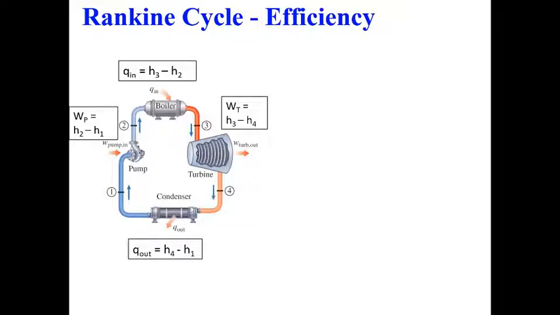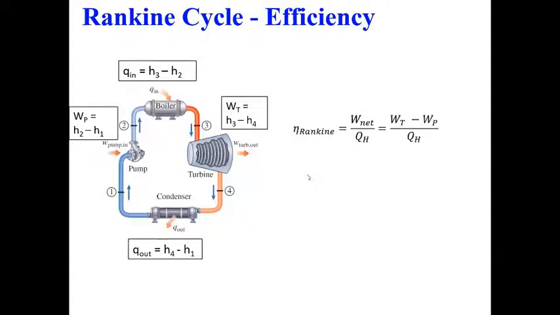Now let us come to the last step, which is inside the condenser. Initially the fluid is at state 4 and it goes to state 1. So the difference is caused by this condenser, which is the heat extracted. Initially it has higher enthalpy H4. Once you lose that, you come to H1. So that difference is Q out, or the heat lost in the condenser.